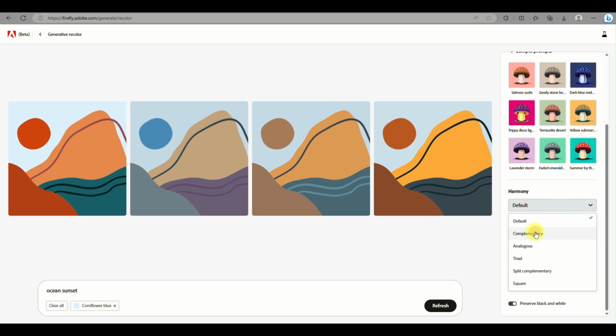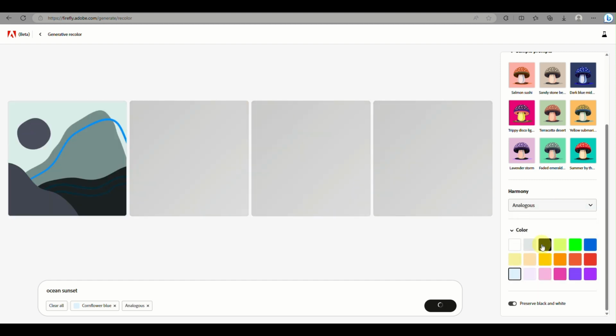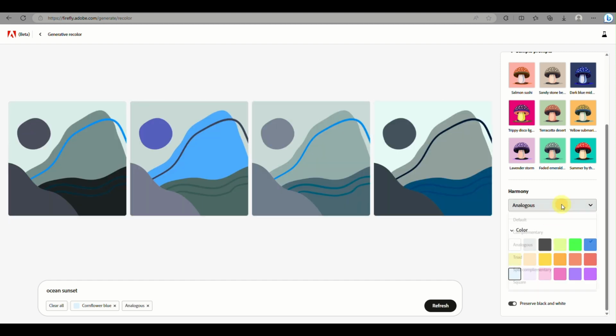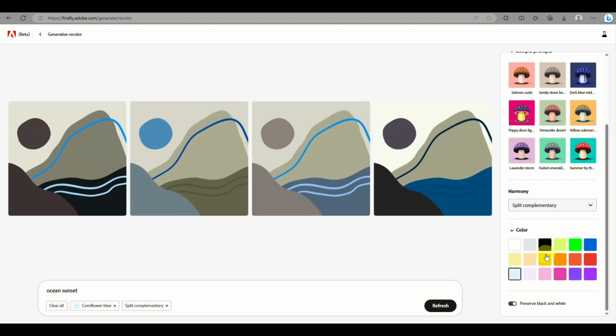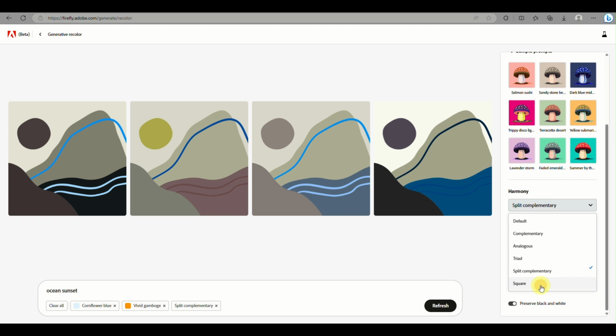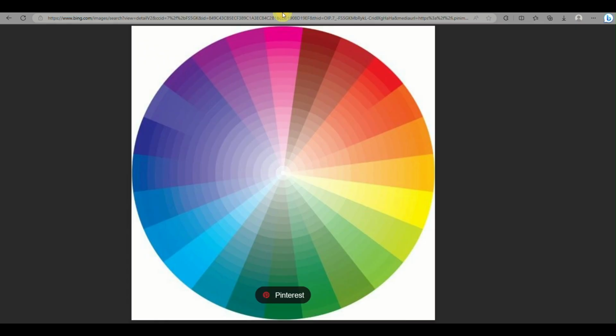So here, complementary colors are colors that are opposite on the color wheel. So let's say the opposite of purple is yellow, the opposite of blue is orange. So you can definitely look into the color wheel. Analogous colors are actually the colors that are beside each other in the color scheme. So you have yellow, orange. You have those options. Here, this is an example of the color scheme where this will guide you more on choosing what type of colors or what type of harmony you'll be using in your